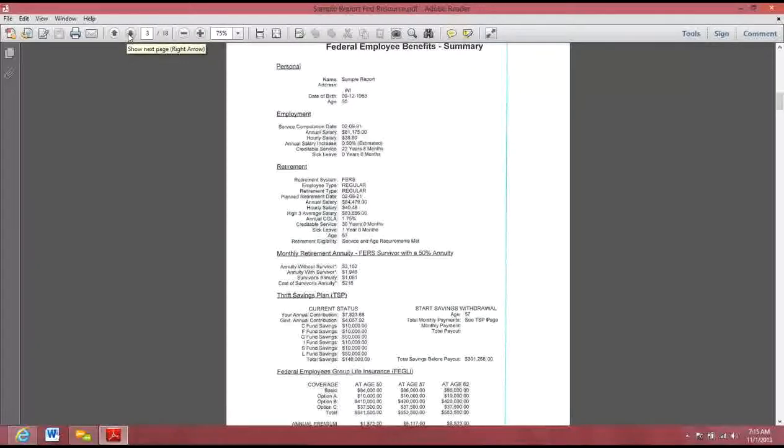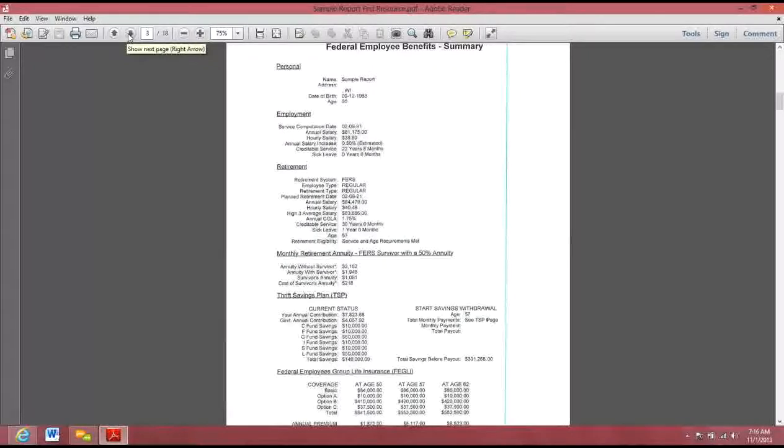And the second area that I want to bring to attention on the TSP is that if they choose not to contribute at all, they are still going to get a 1% contribution into the TSP with a 3-year vesting schedule. So it's to their advantage to take advantage of the TSP savings to some degree. The other point that I want to make is in the L fund, if they happen to be in 2 different L funds, we can only show in this report 1 fund. So we'll have to know which one you would like us to put those monies into. At age 57, this individual is going to have a rough estimate of $301,268. Moving along to the FEGLI, Federal Employee Group Life, this particular individual has $84,000 in the basic coverage, so